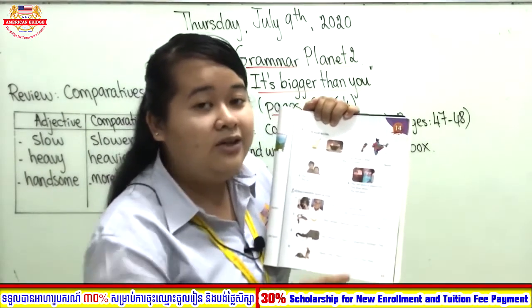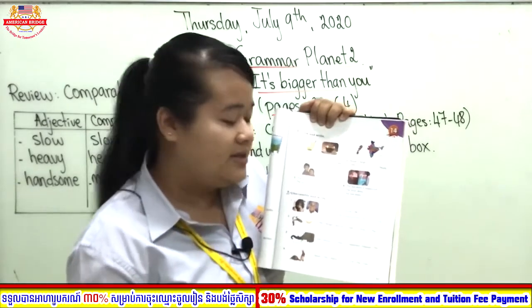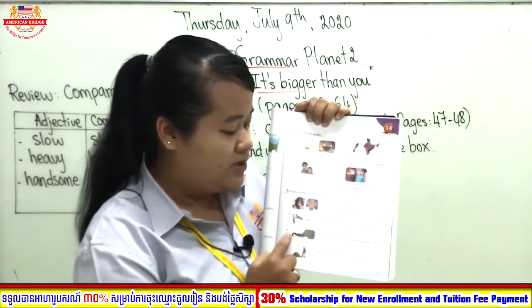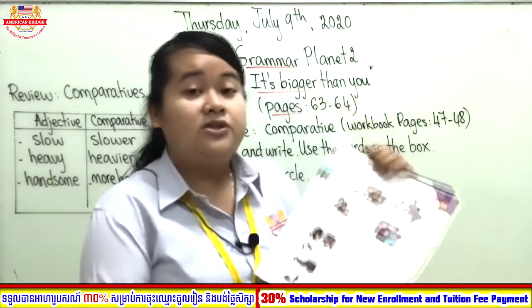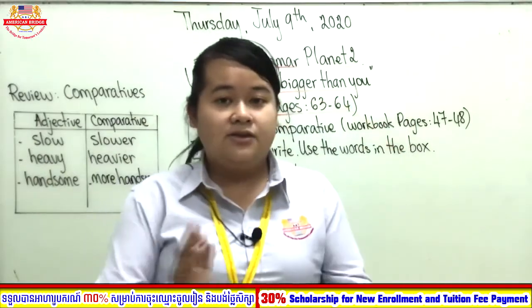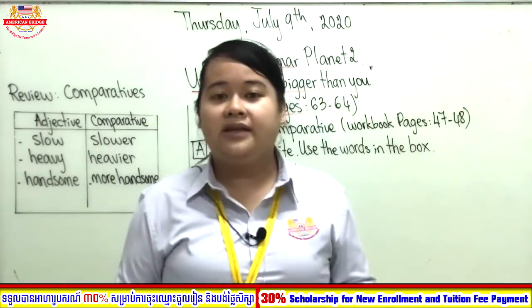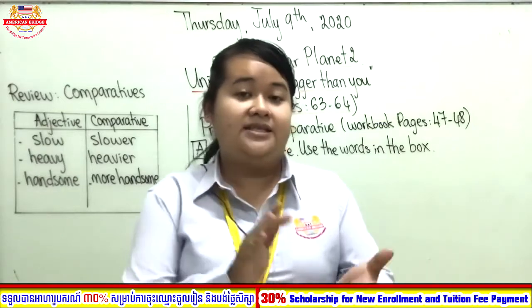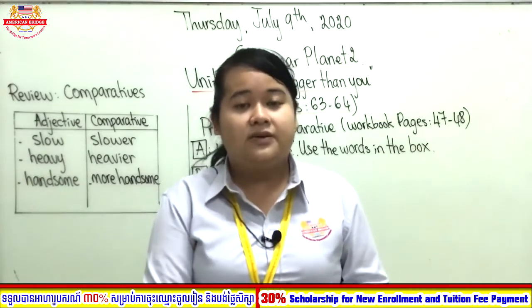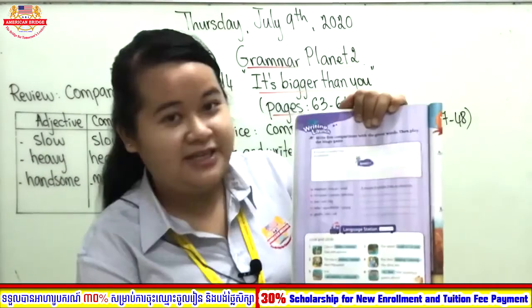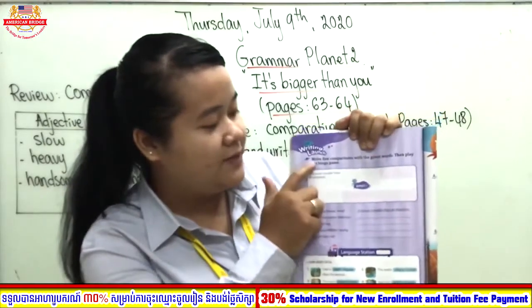So teacher wants you to unscramble the sentences number 2, number 3 and number 4 to the correct sentence. I hope that you can do it, and don't forget to take a photo and send it to teacher. So right now teacher wants you to move to 4. So you need to do the first one, which is